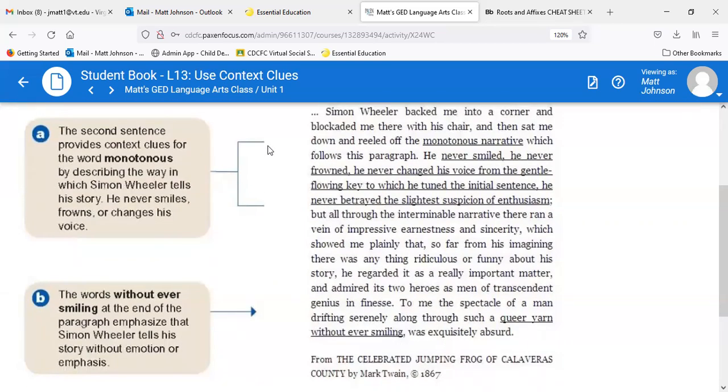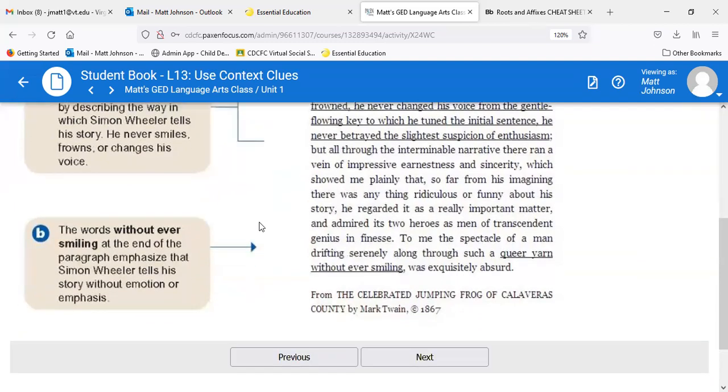But all through the interminable narrative, there ran a vein of impressive earnestness and sincerity, which showed me plainly that, so far from his imagining there was anything ridiculous or funny about his story, he regarded it as a really important matter and admired its two heroes as men of transcendent genius and finesse. To me, the spectacle of a man drifting serenely along through such a queer yarn without ever smiling was exquisitely